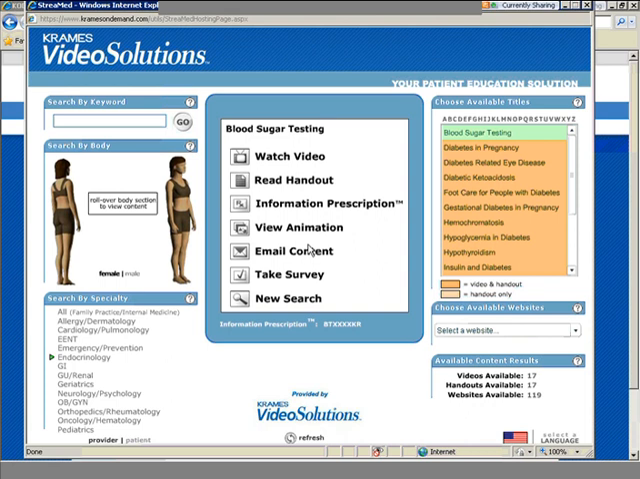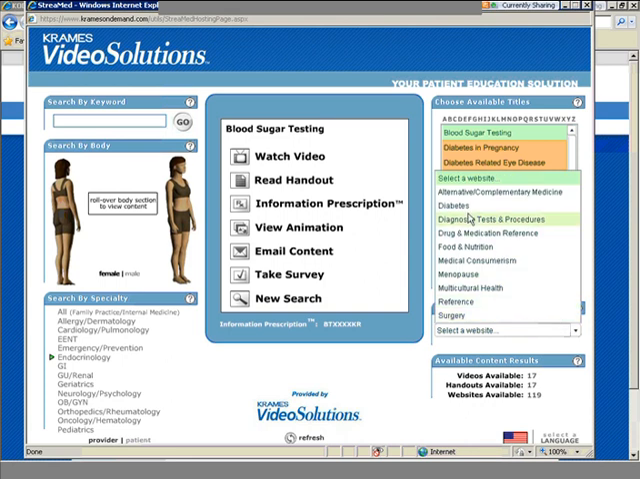Okay, so that covers the three main ways to find the diabetes education videos. At the top left, search by keyword, search by body, and then the best way is to click on endocrinology at the bottom left corner, and then from here you'll see the list of all the titles available. In addition, over the bottom right corner, you will notice the available websites. If you click on the drop-down arrow and choose diabetes,